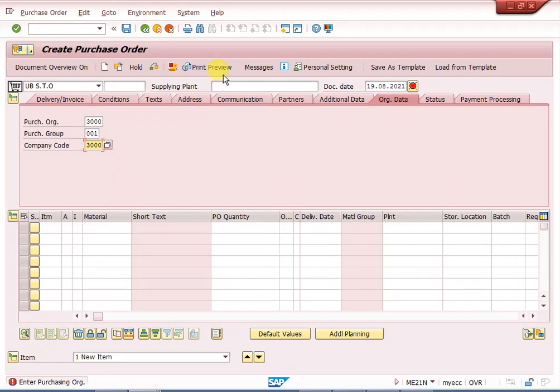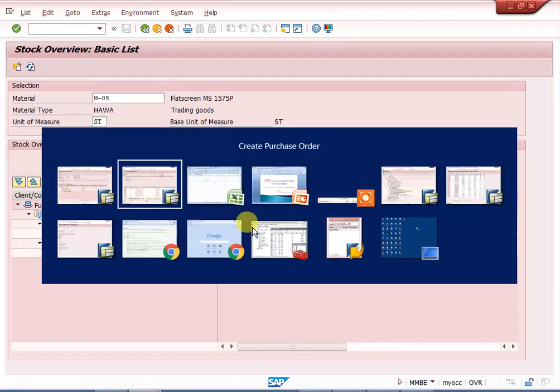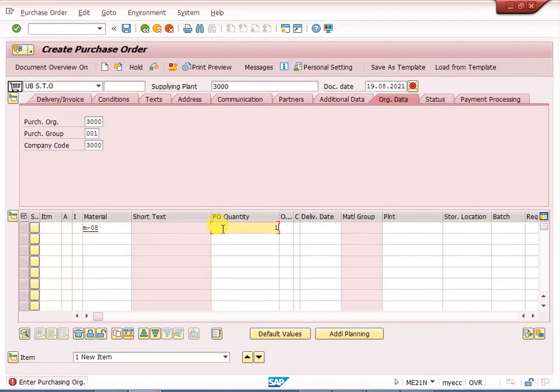Enter. My supplying plant is 3000. For the material, how much quantity am I sending? Here 190 is there, and I am sending 10. This is the receiving plant, and my receiving plant is 3200.